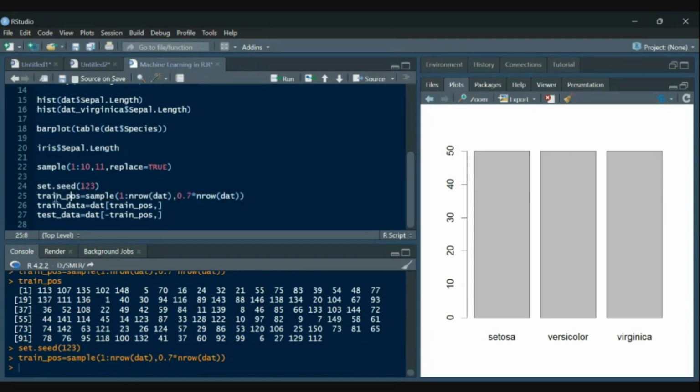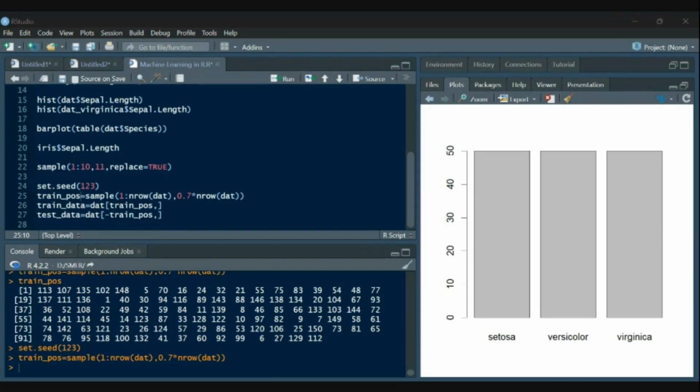So we'll set it once, and since we are not running the same line of code again and again, the positions will always be the same for each and every one of us. I hope it is clear up to this point. Now we'll move forward.